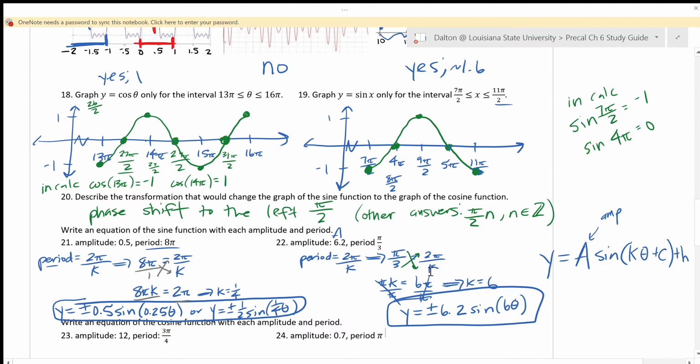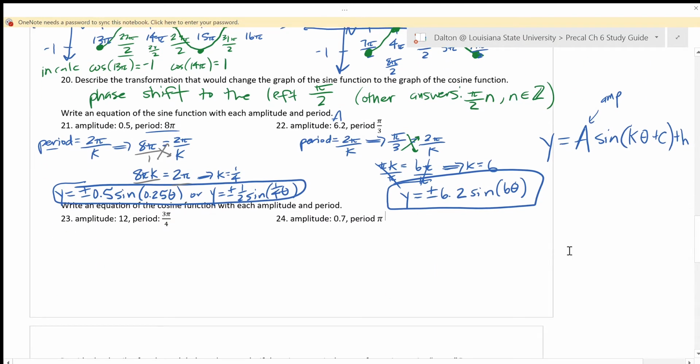Number 23 and 24 are very similar questions, except I just changed the function on you. I'm asking now for cosine with the given amplitude and period. So we're going to do the same stuff. Amplitude for 23, we know A is 12. In order to find the period, we're going to have 2 pi over k. So that implies the period for this problem is 3 pi over 4. So if 3 pi over 4 equals 2 pi over k, we can cross multiply